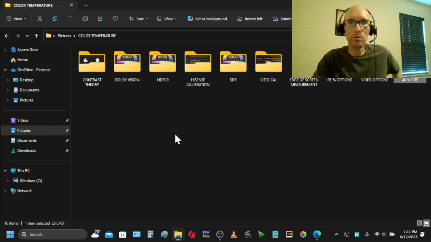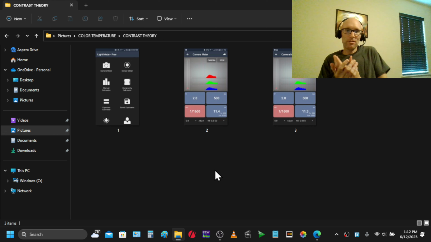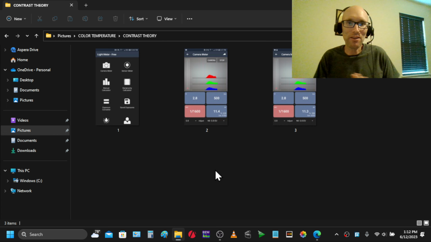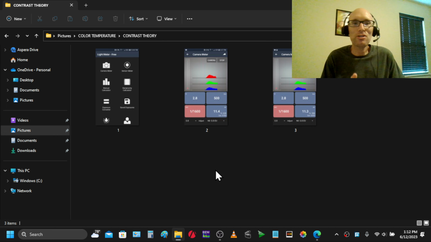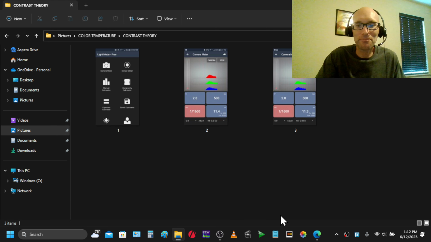Okay, so what's so special about 100% white? I was just thinking about this the other day. I'm like, is there a way to actually do this? And there actually is. And it's really cool. It's actually really simple. So when you think about contrast and white, the highest, what am I going to say? The